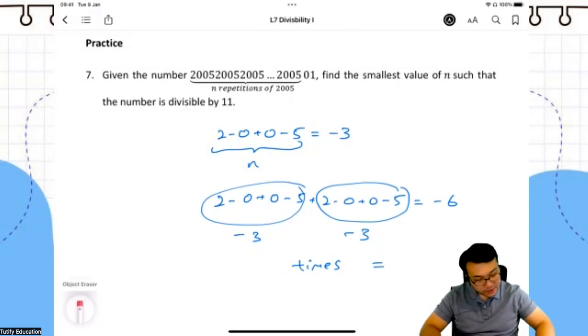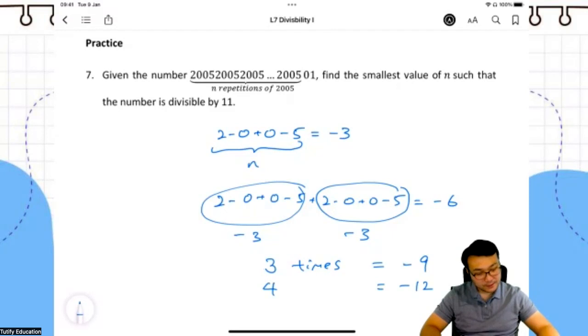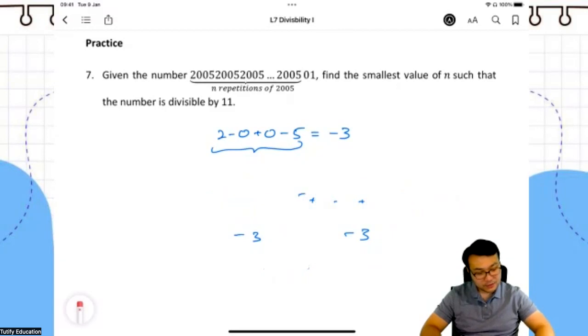If I repeat it 3 times, what will I get? -9. If I repeat it 4 times? -12. If I repeat it 5 times? -15. So if I repeat it n number of times, what will I get? You just need to multiply -3 by what? N. Yes. So we can say that the alternating sum equals to